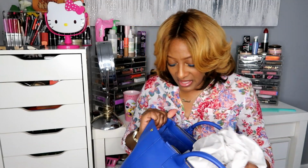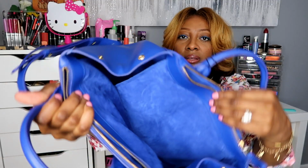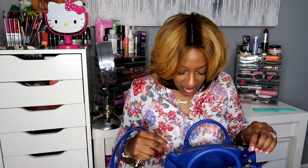Okay, so I'm going to take this out, which is the paper, and this is the bag right here, and you can see how it looks inside. It's beautiful. I love it. I love it. And I like the fact that when you clip on that strap,